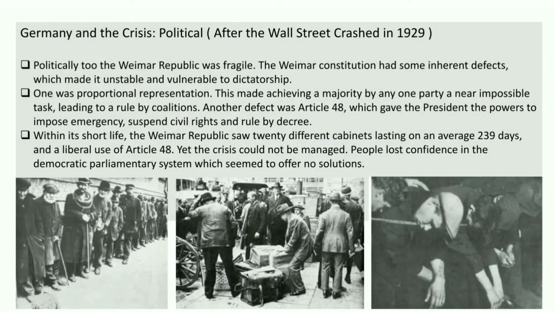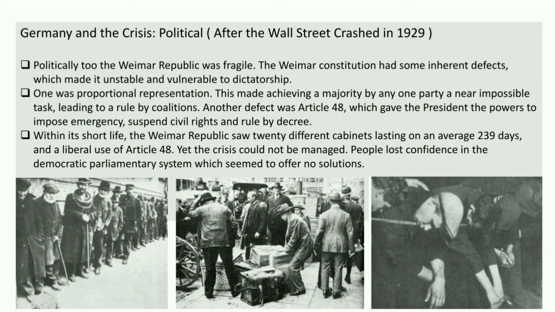Okay, now let us discuss the political crisis. Politically, too, the Weimar Republic was fragile. The Weimar Constitution had some inherent defects which made it unstable and vulnerable to dictatorship. One was proportional representation. This made achieving a majority by any one party a near impossible task, leading to rule by coalitions. Another defect was Article 48, which gave the President the power to impose emergency, suspend civil rights,